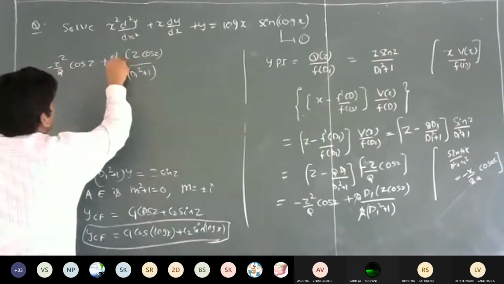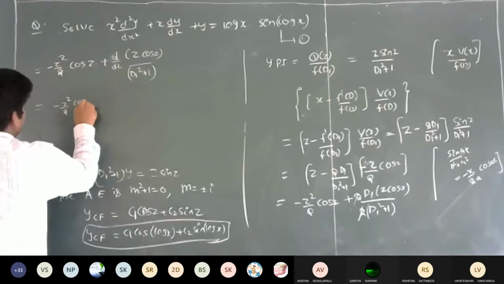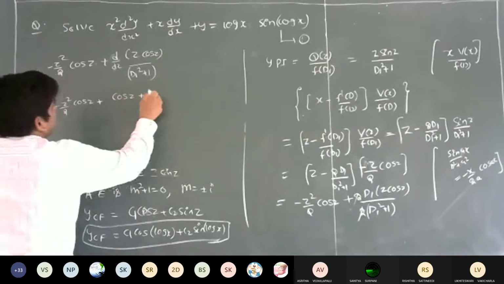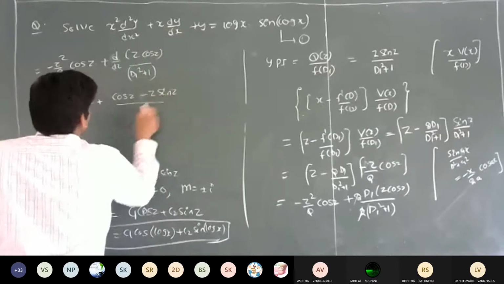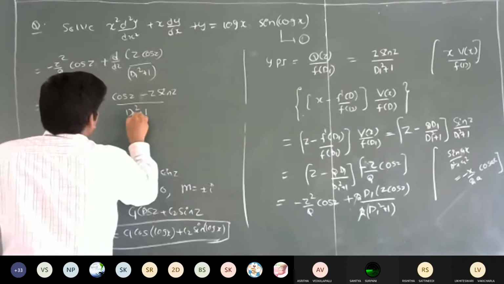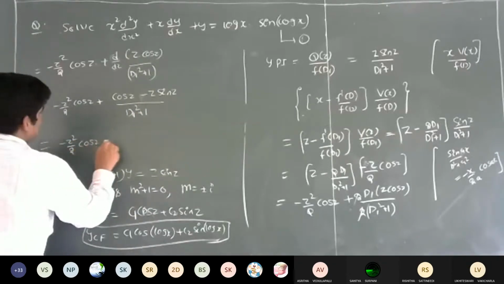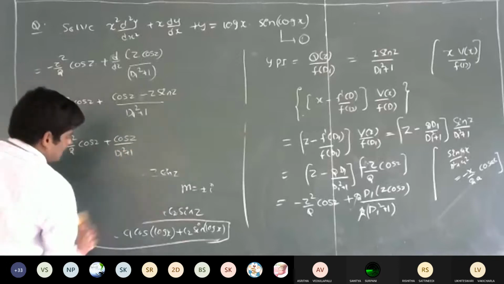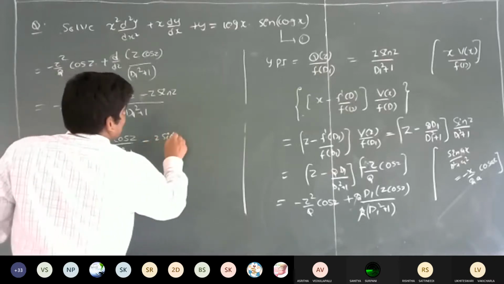So first we have to simplify this one. d1 means this is nothing but d by dz. So apply the uv formula. So it becomes minus z square by 2 cos z plus d by dz of z, that is 1 cos z plus z into cos z, that is nothing but sin z, minus z into sin z by d1 square plus 1. So therefore this is equal to minus z square by 2 cos z plus cos z by d1 square plus 1. Next, minus z into sin z by